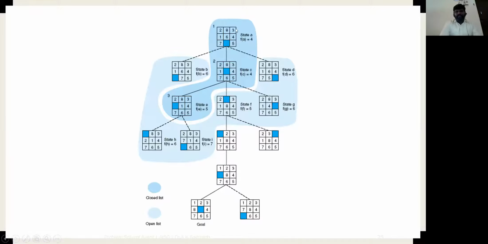Let's assume 2, 8, 3, 1, 6, 4, and then 7, hyphen, 5. Suppose I'm moving my space here, right? Instead of 7 keeping this place, I'm bringing 7 here. That is called one movement. So this was my initial state, 2 8 3 1 6 4 7 - 5. Now what is my next intermediate state? After that, I can move this to here, and then this to here. By making multiple movements, finally I can reach the destination, right?